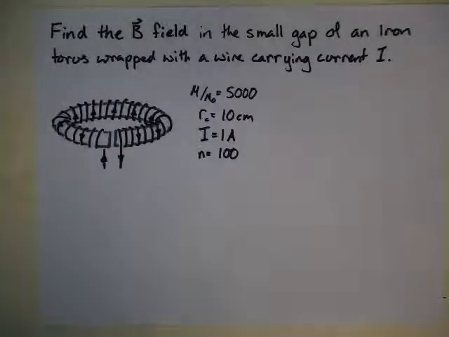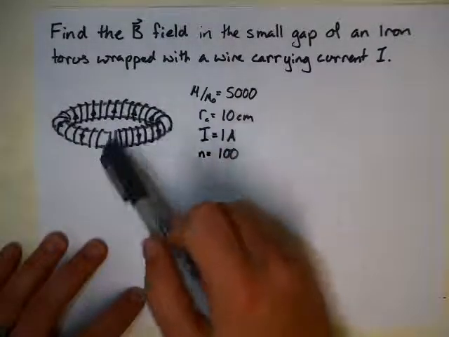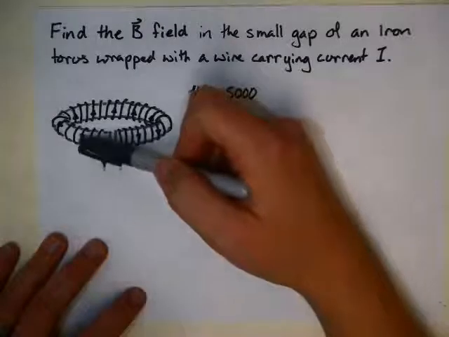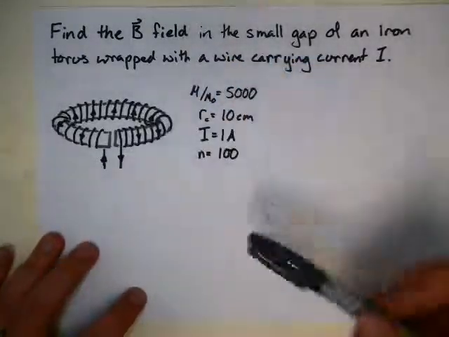This is an example of finding the magnetic field when we have a situation with a magnetic material and we have a symmetric situation. In this case, I have a torus of iron. Okay, that's this gray torus here. It has a small gap there, and I wrap this torus of iron with a wire that carries a current